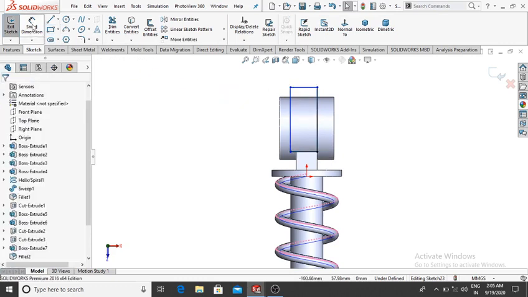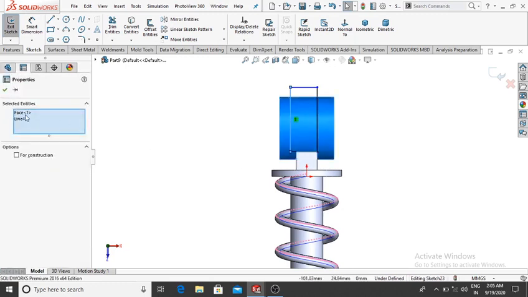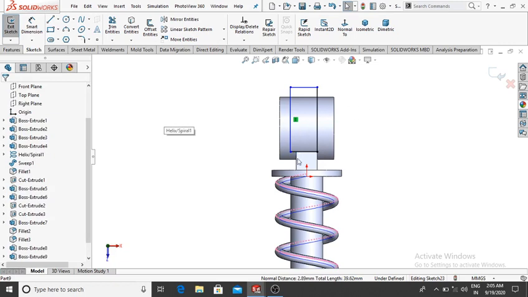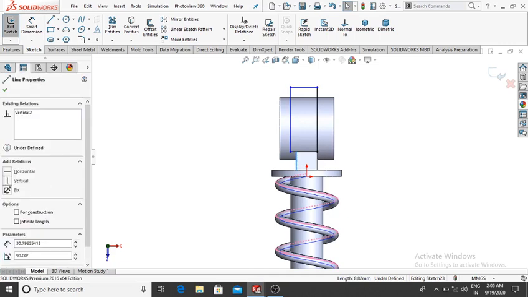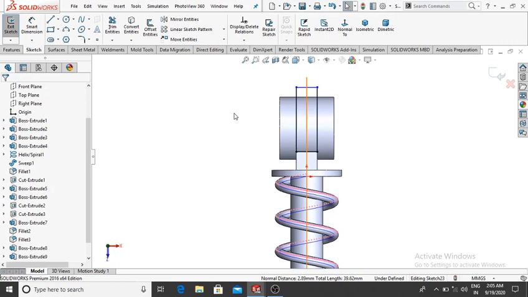Again go to the here, select this line, press shift key and select this line, sorry, select face, so delete it and select this line, not selected. Select this line, press with shift key and select this line and make the relation collinear, then OK.